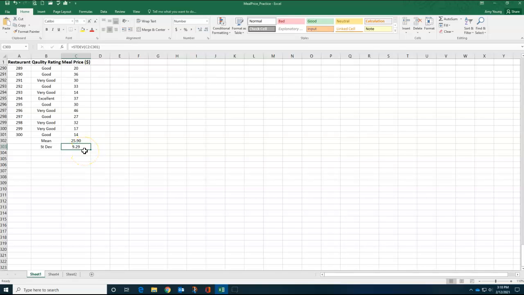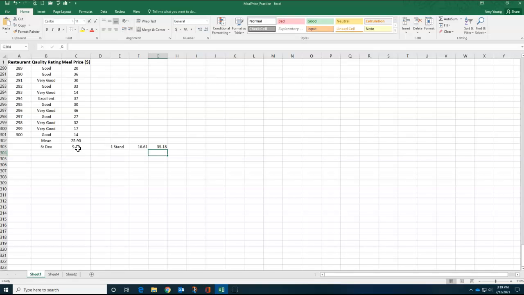Now, remember what this means. This is the spread of the data. So I want you to think about one standard deviation. That means that my data, I'm going to do a formula here, is equal to this minus this. So that's the low end of one standard deviation, or it's equal to my mean plus this. So one standard deviation means that one standard deviation away from my mean, my data is between